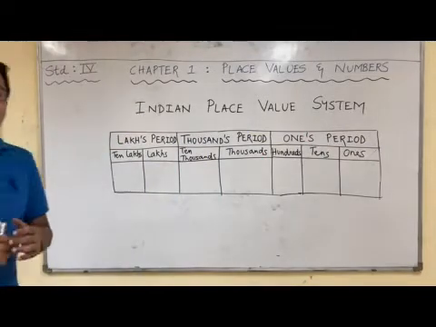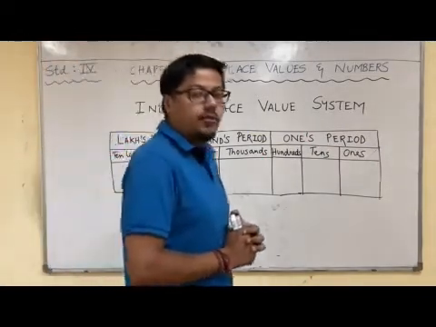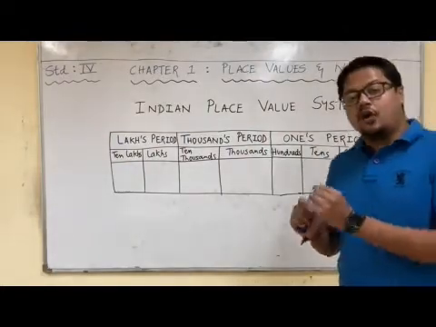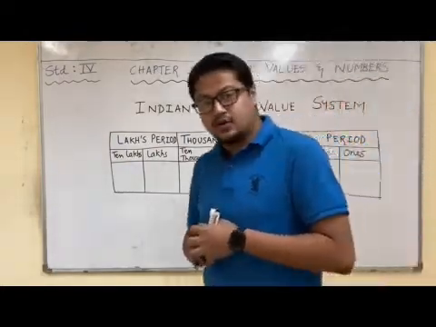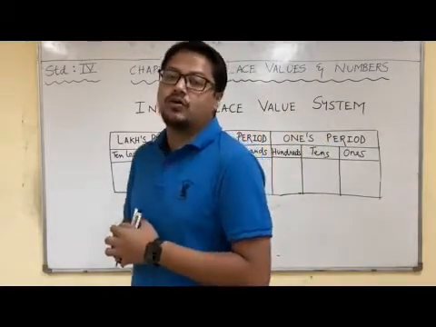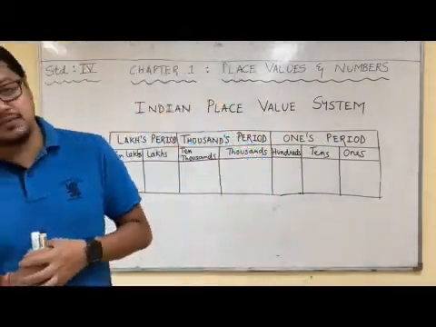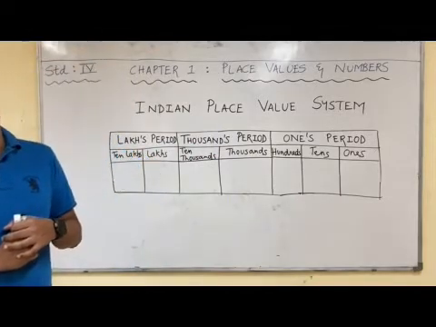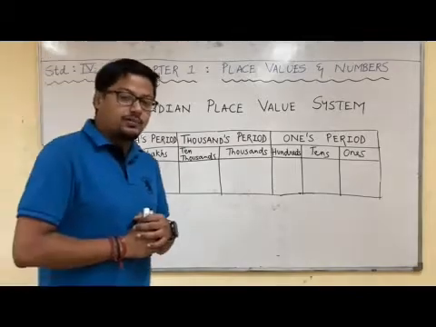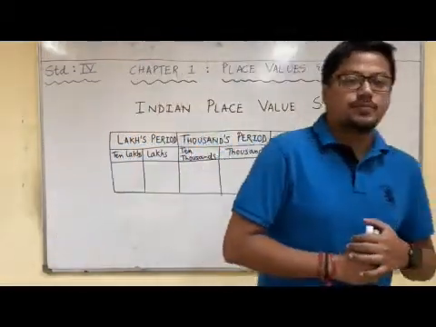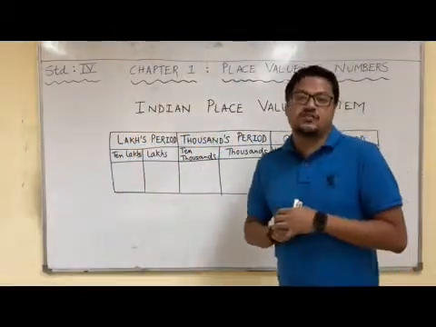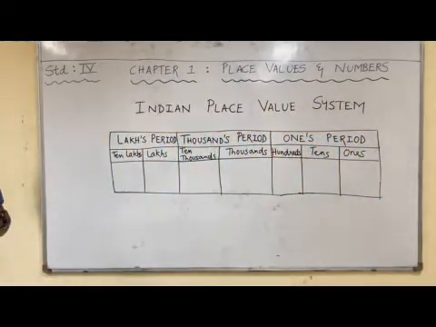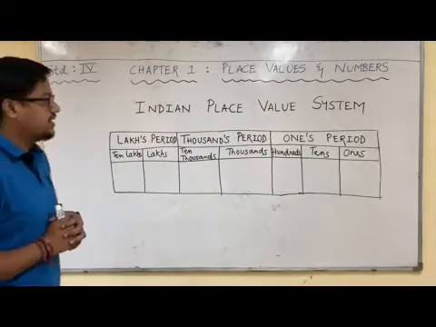Today we are going to start with chapter number 1, that is place values and different numbers. Now before I start this chapter, students, let us go back to standard 3. I think in standard 3 you have all learned place and place values. You have all learned about some of the Indian place value system, and I think you have learned the numbers easily up to thousands. So if you remember standard 3 place values up to 1000, this will be much easier for you. Now let us start with chapter 1, place values and numbers.